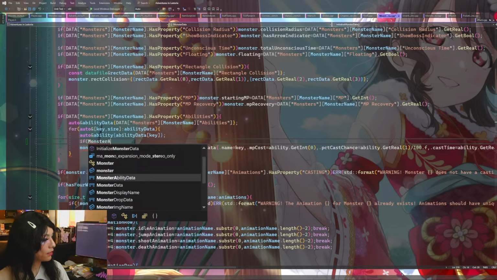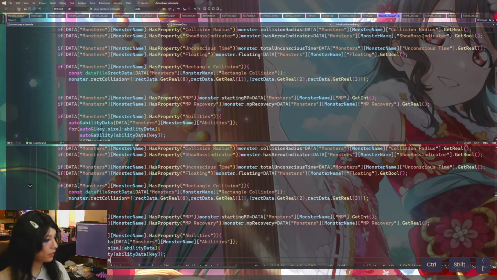So let's go ahead and do that now that we can. These abilities are static, so we should be able to just say monster ability. Well, we're gonna have to include it. So we're gonna include monster ability.h, and then down here we're gonna say if monster ability